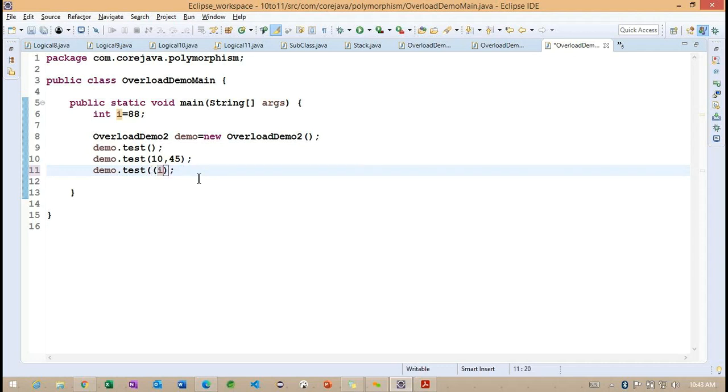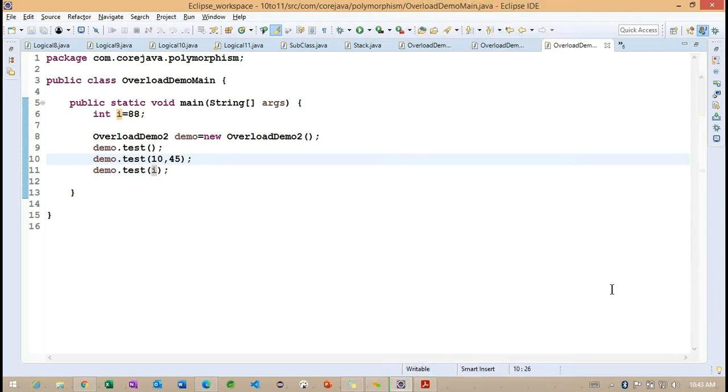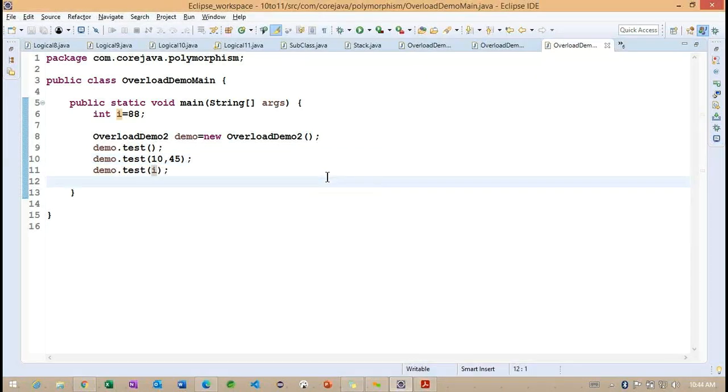To understand this, we'll try to run the same example. These kinds of examples are very important. We need to understand how these values are converted. Now you can see the i value we passed at line number 688, and here it shows as the double i value, but we specified it as an int i value. How do we get the double i value? Internally, it's converted into a different data type. We need to understand this whenever we work with overloading methods. Any questions?